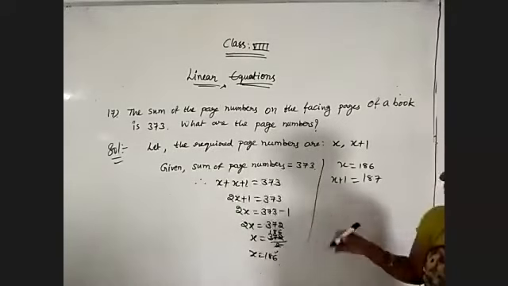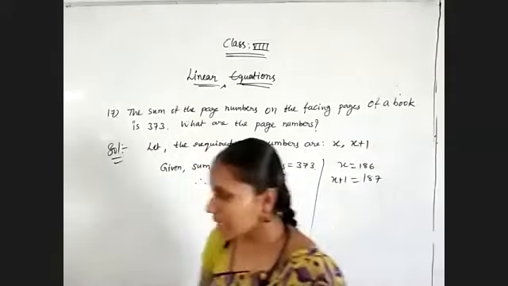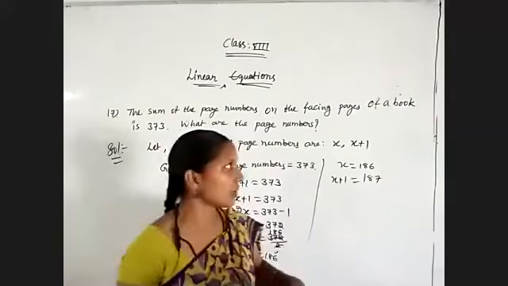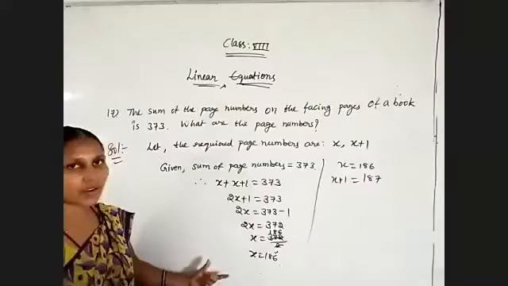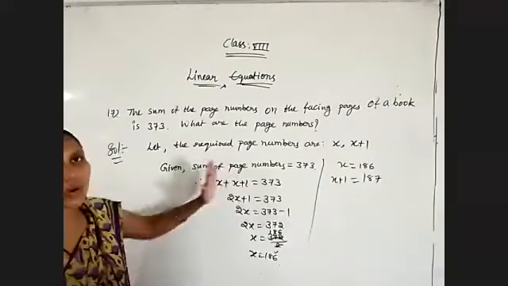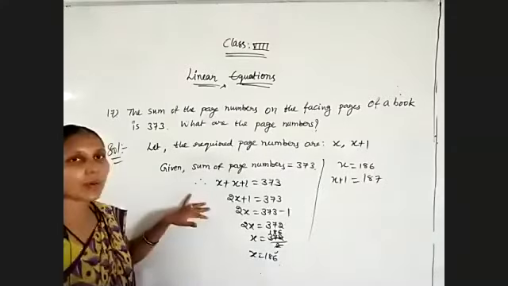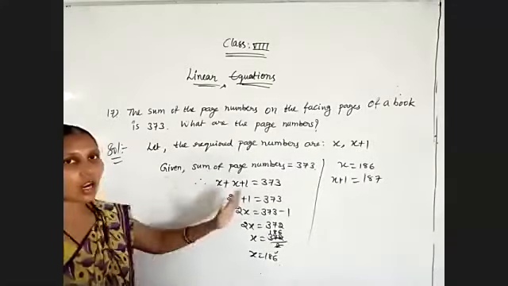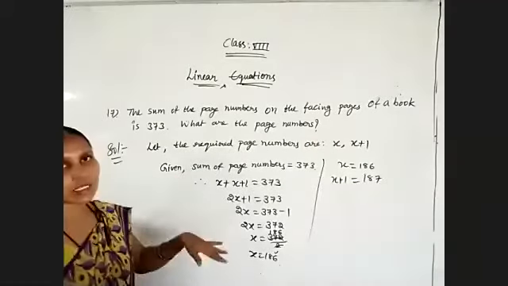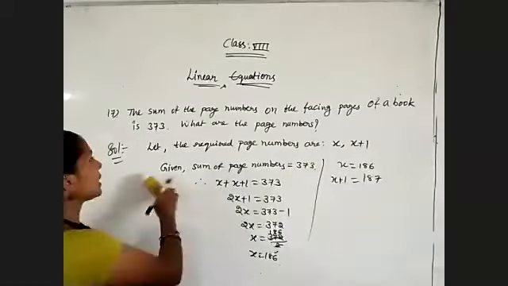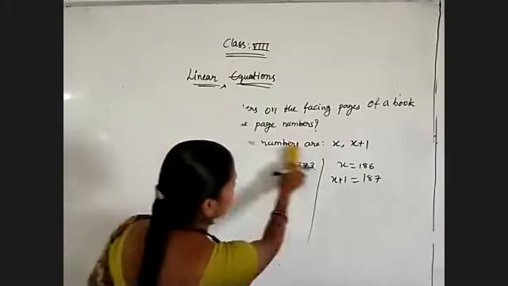Very simple question. So with this, all the exercise problems were finished today. Now the next type of linear equations, how we are simplifying. See, observe whatever equations we have simplified till now, the variable is lying only on one side, the left side only. Coming to the exercise 2.1 problems also, every time we got the variables on only one side. Now if you are getting the variables on both sides, how do we have to simplify? That is the next type of linear equation. So how are we going to simplify these linear equations?